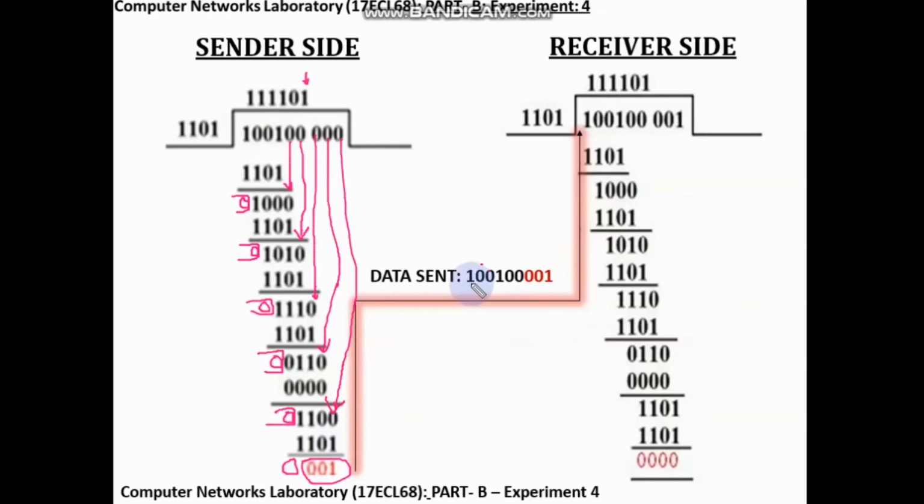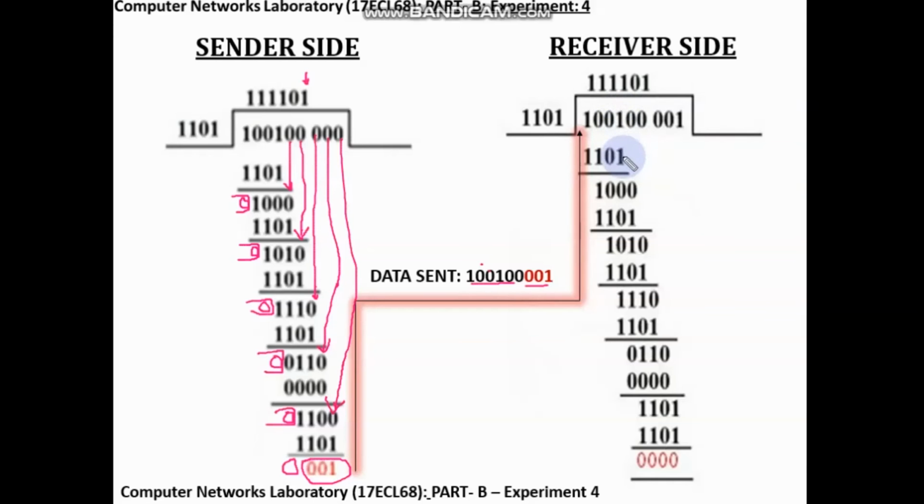Now, this one is data plus CRC, and it is the data sent to the receiver. At the receiver side, this data will be divided again by the same predetermined divisor. Again the same procedure is followed. I'll show you one step of this division process. Here, see, we are going to copy this divisor down here. Again we are going to do XOR operation.